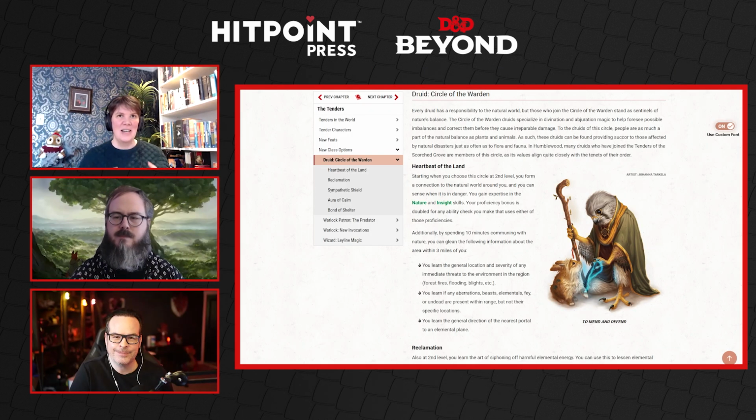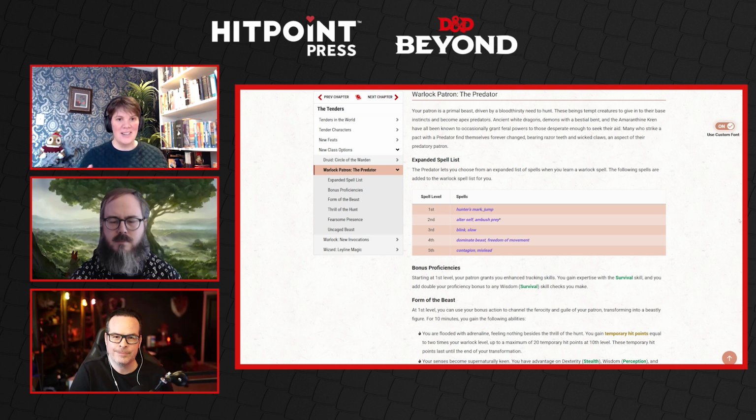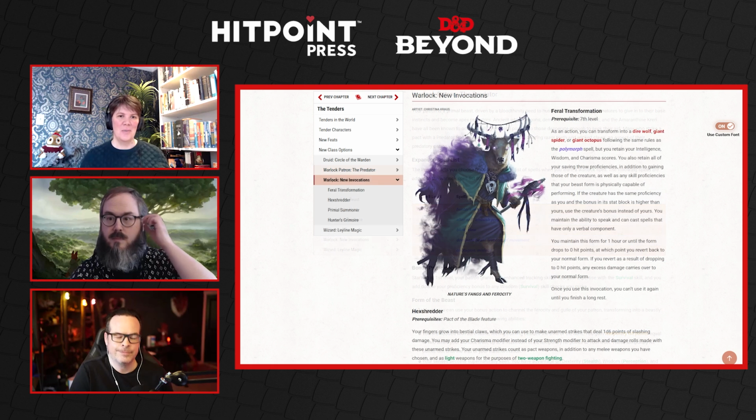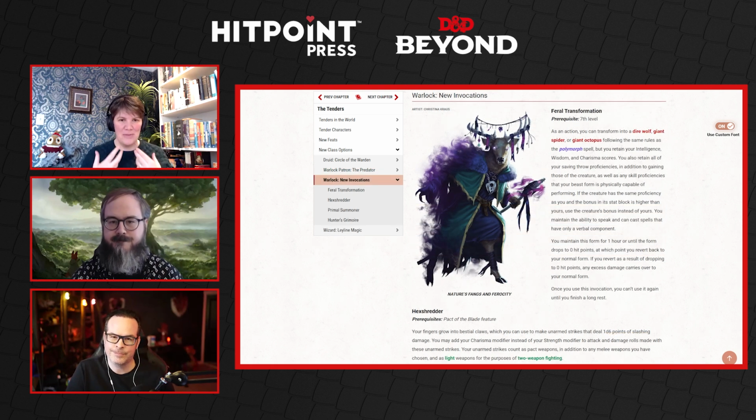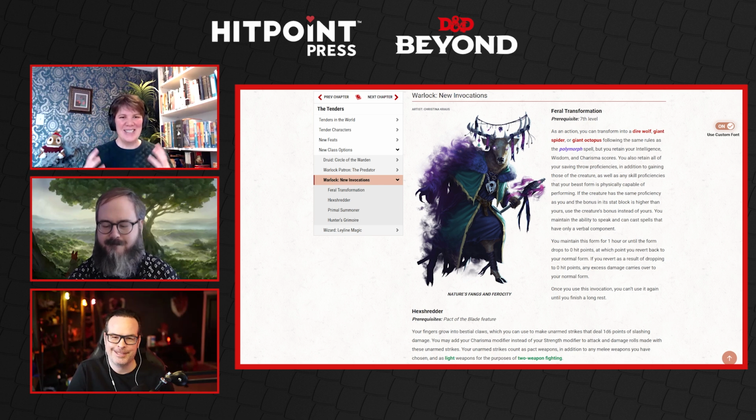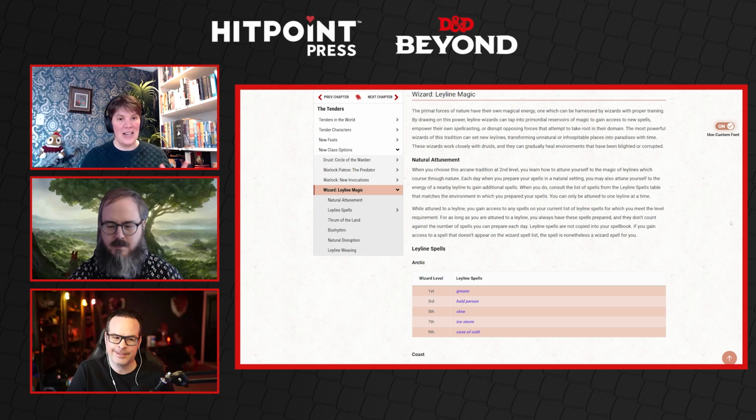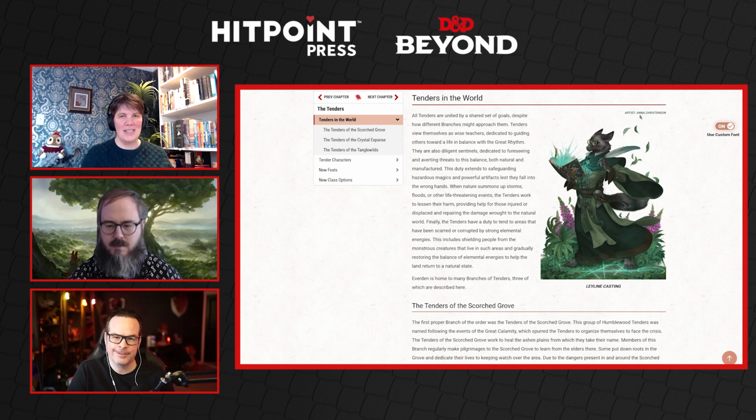There's the druid, the circle of the warden, which is kind of representing nature, tending to nature, caring for nature. And then, contrasting that, we also have the warlock, which is representing the predator. So your patron is this kind of predatory force. We have a fantastic art piece for it with this deer with fangs, who's just ready to take on the world. And then finally, we have a wizard subclass, which is all to do with ley lines. So the tradition of magical energy and being in a place and of a place, and how you can tap into the land to empower your spells.